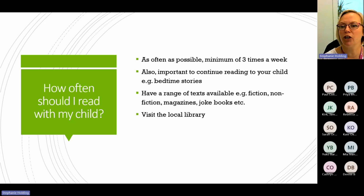But what we don't want to do is make that not an enjoyable experience where if they really don't want to do it because they're tired or they've been at a club and they've got back late, but you're like, oh, we've got to do reading. We don't want it to be that experience. We want it to be something that you really enjoy doing together and that they continue to enjoy, because what we want to do is for them to love reading, so they want to continue reading all throughout their life. And sometimes they might not want to read their reading book, but they might want to read one of the books they've got, or